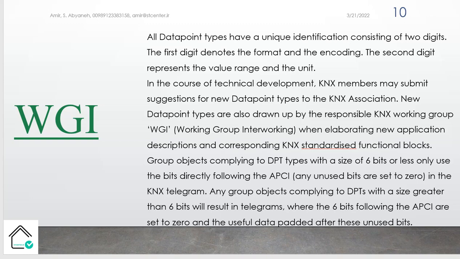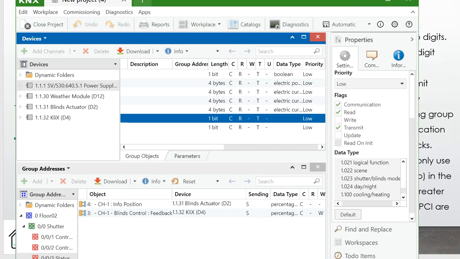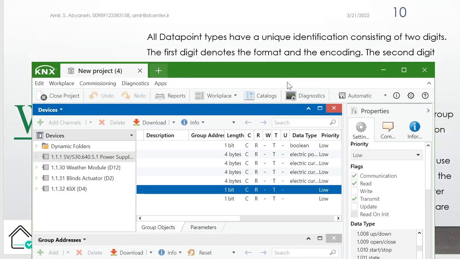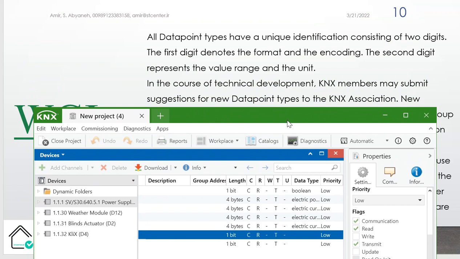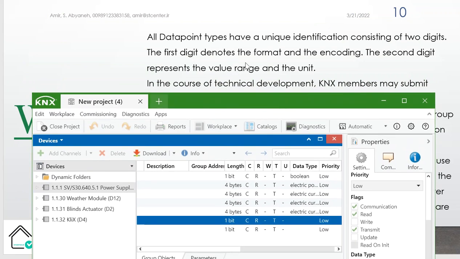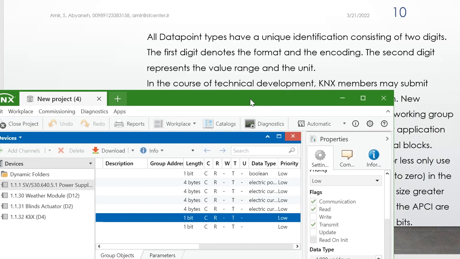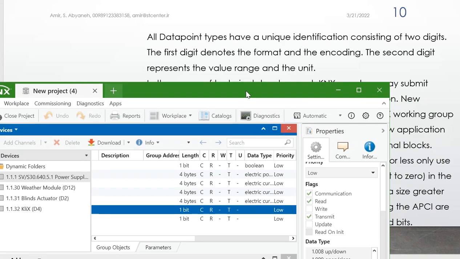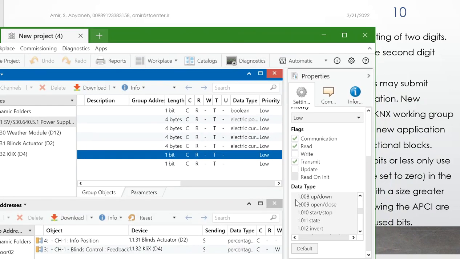Every data point type consists of 2 parts, the first part and the second part. The first digit denotes the format and encoding, and the second one represents the value range and units.